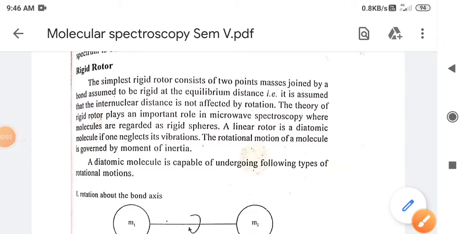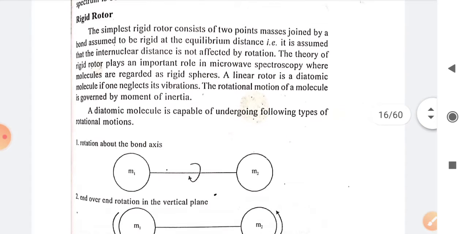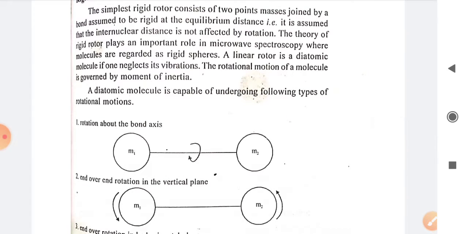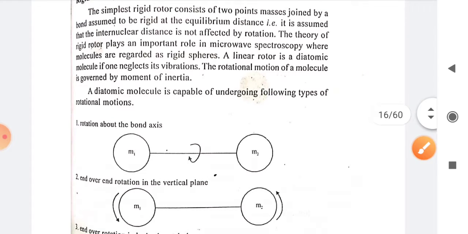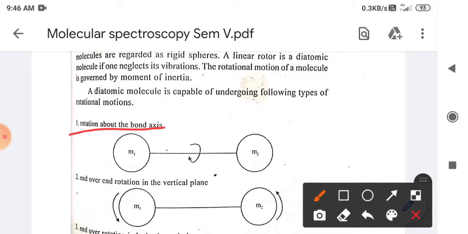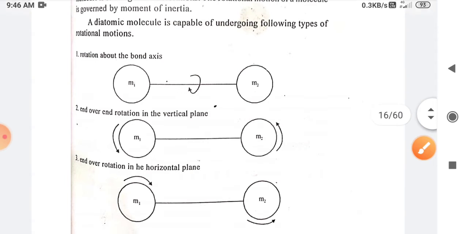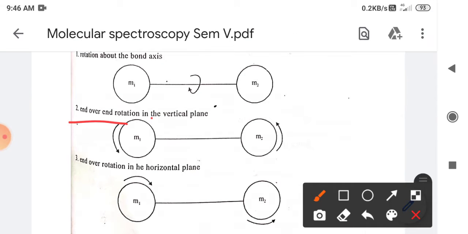So in the previous lecture we finished with the introduction of the rigid rotor. There are three types of rotational motion that are possible in a given molecule. One is the rotation about the bond axis. Rotation about the bond axis means likewise rotation. Then another one is the end-over rotation in the vertical plane, meaning one atom is moving in this